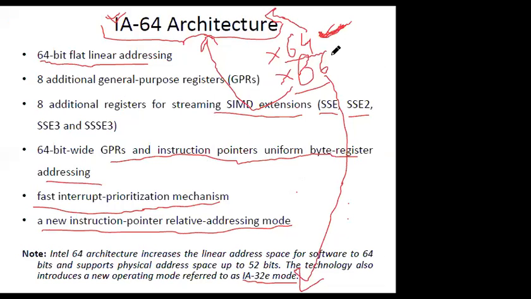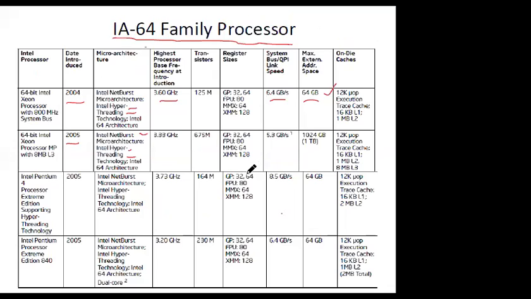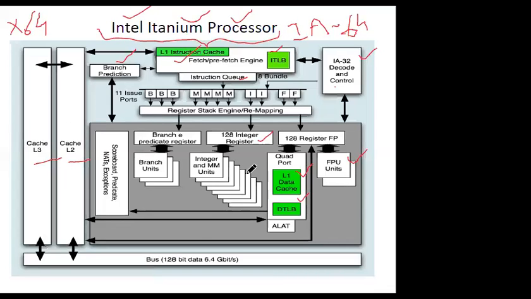One is the cross 64 architecture, one is the cross 86 architecture. The IA64 architecture, which is independent of IA32 architecture, is known as cross 64 architecture in literature. Whereas when IA32 is operating in IA32E mode, extended mode, it is regarded as cross 86 architecture. Both of these architectures are mentioned in detail in the Intel manual that I'll share with you. So we have the IA64 family of processors. Then we discussed the Intel Itanium processor. This was a cross 64 architecture, meaning independent of IA32 architecture.